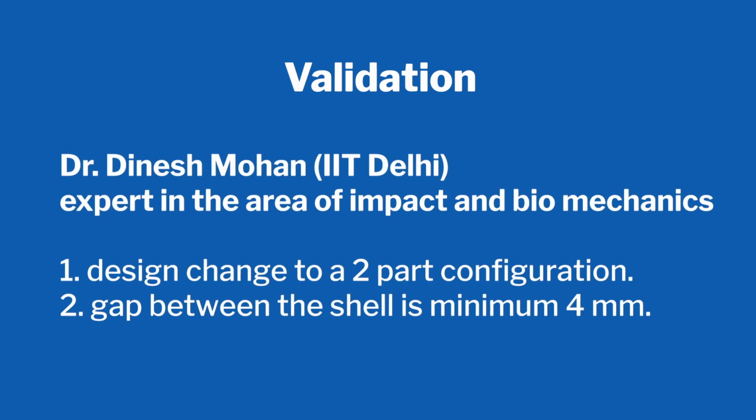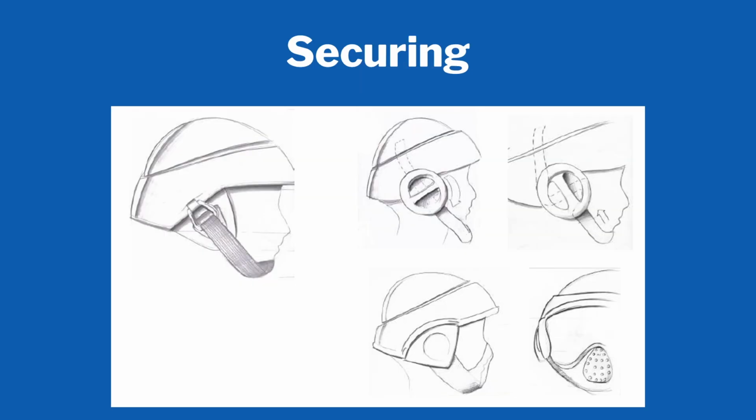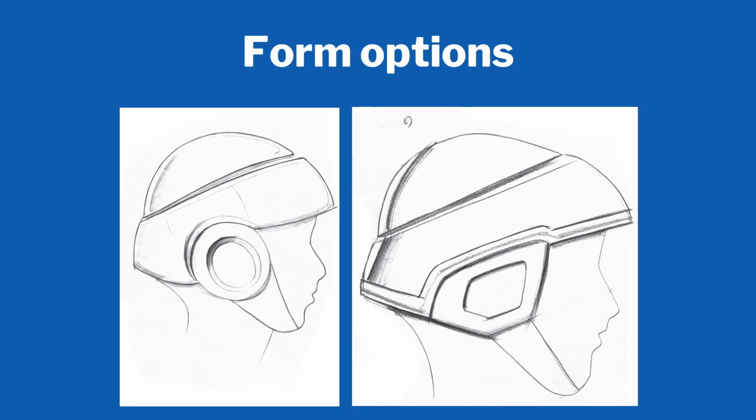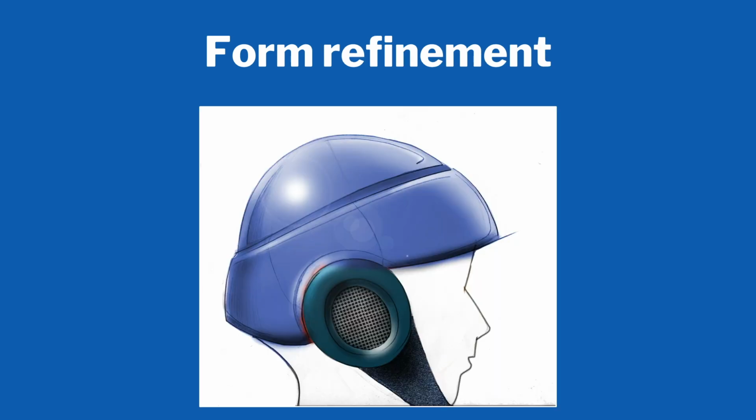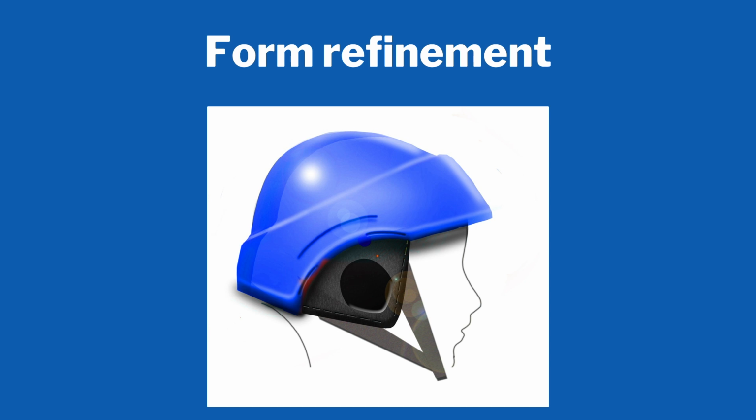Then Dr. Dinesh Mohan, again a professor, said, this is not going to work. At least make it two-part receding. Then we reworked the whole design and made it two-part receding, so that the gap is also hidden, and it only collapses when you need to store, and you don't see the break very clearly. Different sketches were made. And this is how the first conception came up of what the helmet should look like.